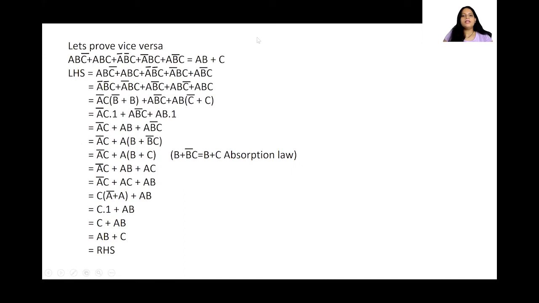Okay. Now let us see if this is equal. So let us prove the vice versa. What does that mean? We said that this expression is equal to this min term expression, isn't it? Now let's prove the other way. So first let me take this. Now what am I doing here? AB bar C plus A bar B C, and I'm reshuffling and writing it so that I get A bar C common. Okay, so I'm taking A bar C common and I'll get B bar and B.